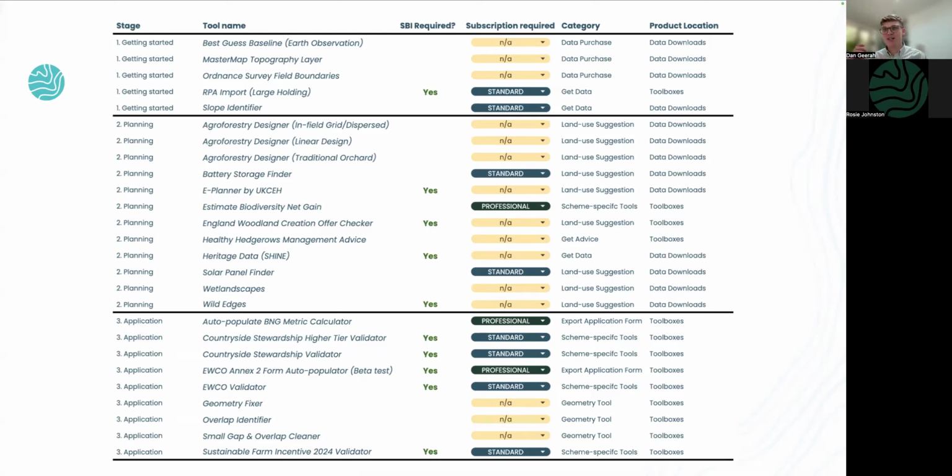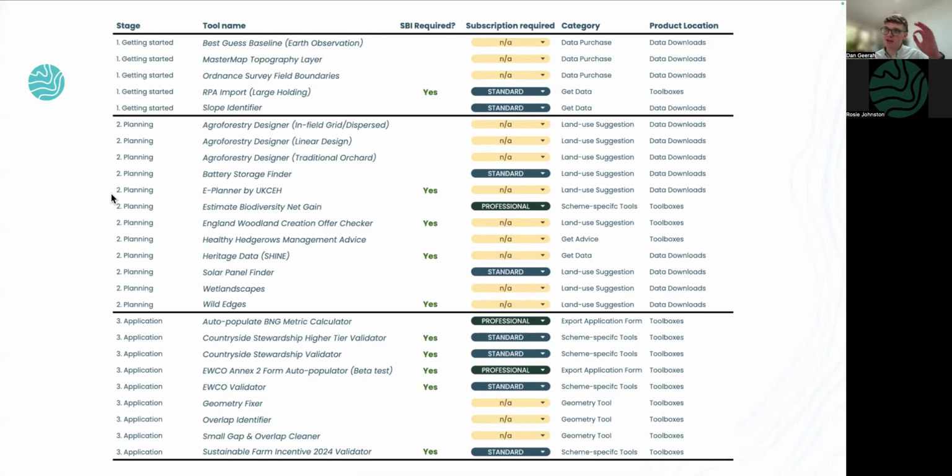But I think it's a start of us better articulating what tools we have and why they're there and how they can be used. So just to talk you through the structure of the table quickly, because it's worth spending a bit of time. I'm not going to go through every tool today, but I wanted to at least give you the insight on how you can go and find more information about it.